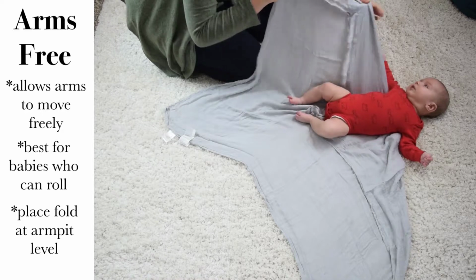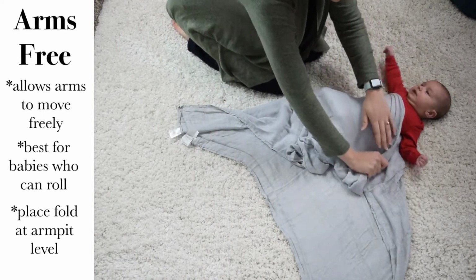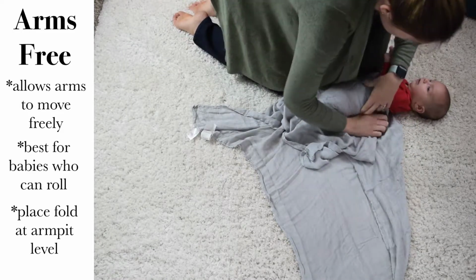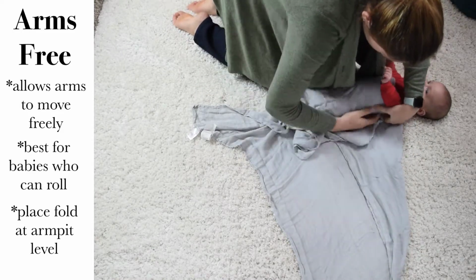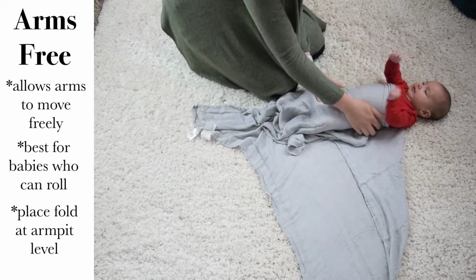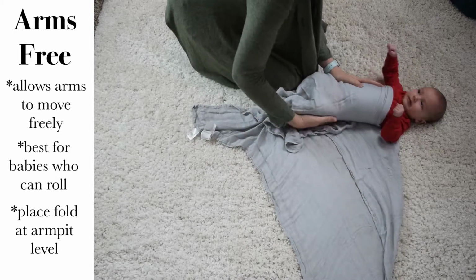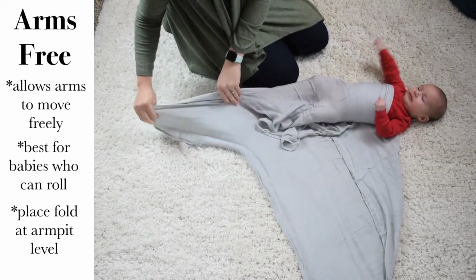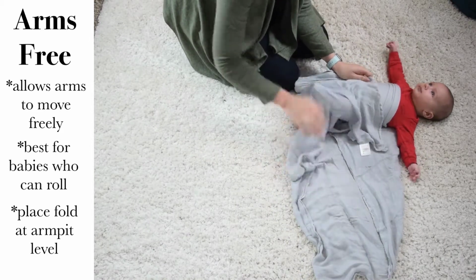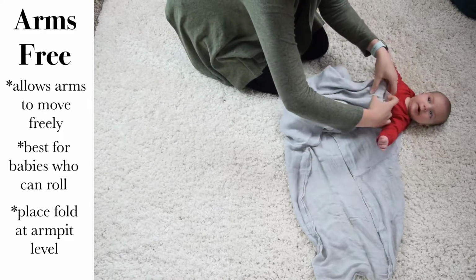So to start with this swaddle, you're going to do similar to the traditional swaddle where you wrap the right side around and you can move his body, just gently lift up and tuck fabric underneath. Again, it doesn't have to be all of the fabric, but it'll just add a little extra layer of security the more fabric you're able to get under and the tighter you're able to make it. Then taking the bottom part, being sure that you are leaving room for their legs to move around, you tuck this tail up here by his chest